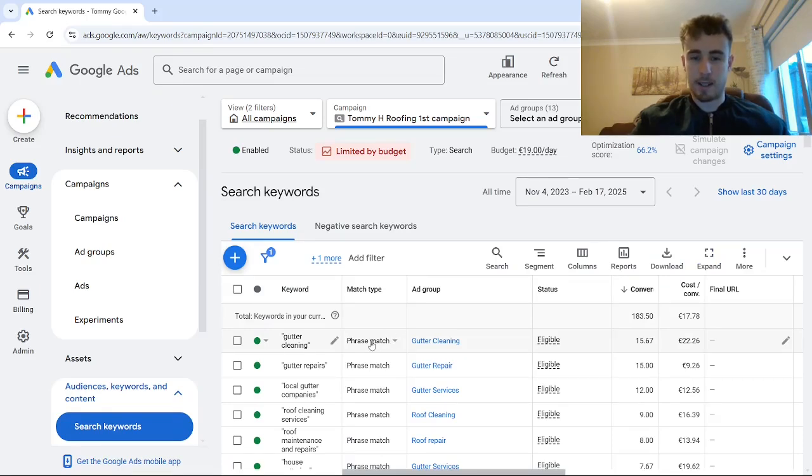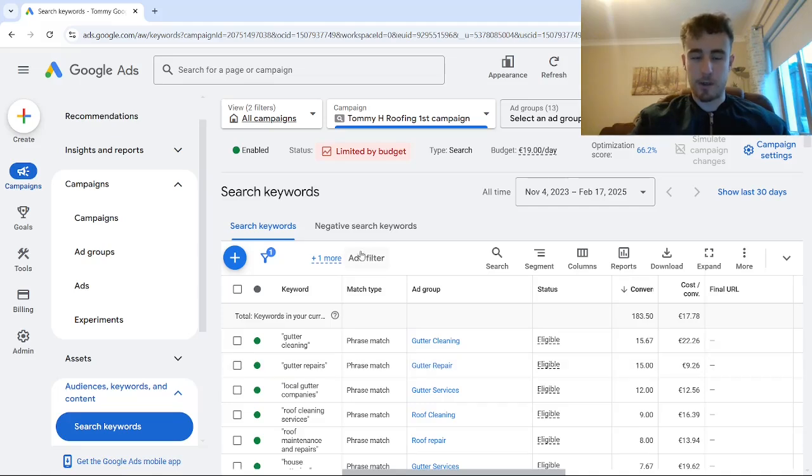is to add your keywords as exact match keywords. Because at the very beginning, you're most likely going to have your ads appearing for a lot of irrelevant search terms, especially if it's a new campaign and Google's algorithm doesn't have sufficient data on what users are most likely to result in a conversion and are actually looking to get the job done. And you can see here that we're using a lot of phrase match keywords, but that's because it's an aged campaign that's been running for over a year and has over 200 conversions. So Google's AI has a much better idea and insight as to